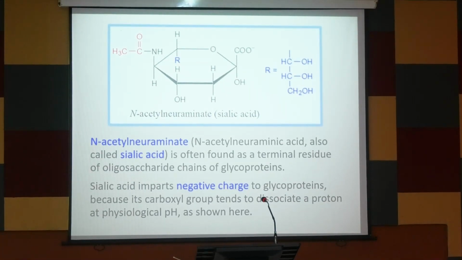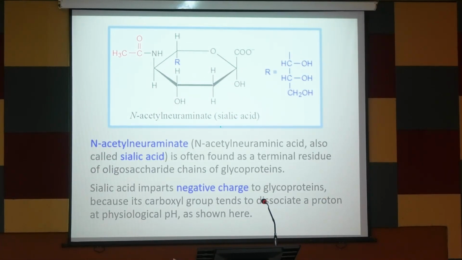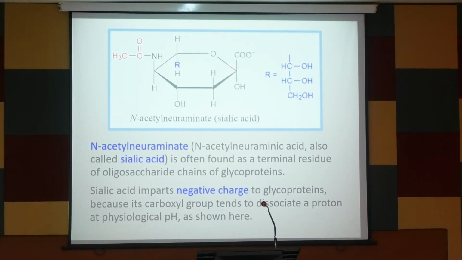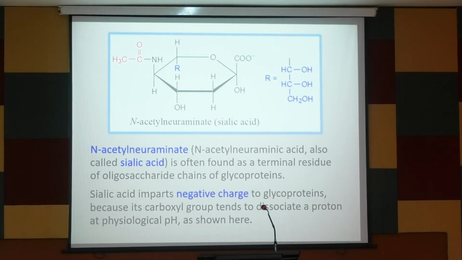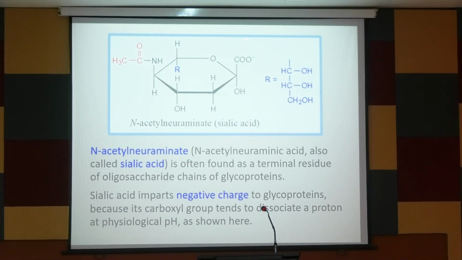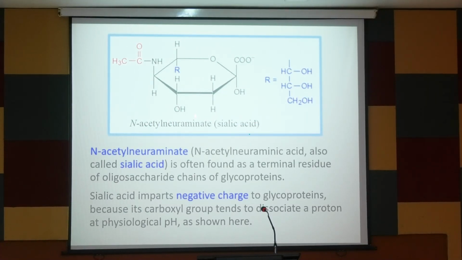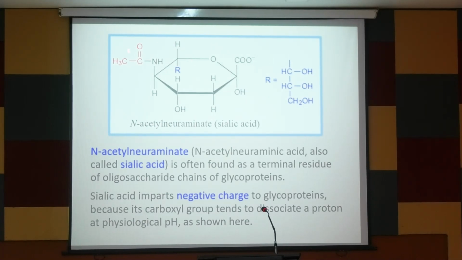Sialic acid. You might have heard this term, sialic acid. This is the structure of sialic acid. See, what I told you, 2 and 4, mostly aminated. See here the example of 4 position aminated and 1 acetyl group added. So this is sialic acid, N-acetyl neuraminate. This R group is this. What is this group? One glycerol. One molecule of glycerol. So you add one molecule of glycerol at C6, you add one molecule of acetylated amine group at C4,